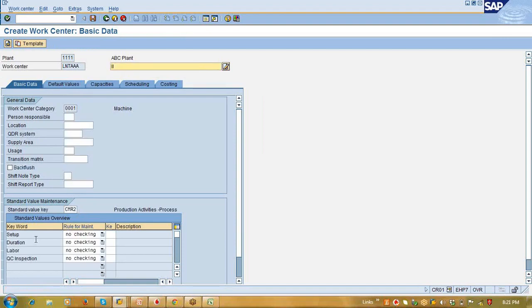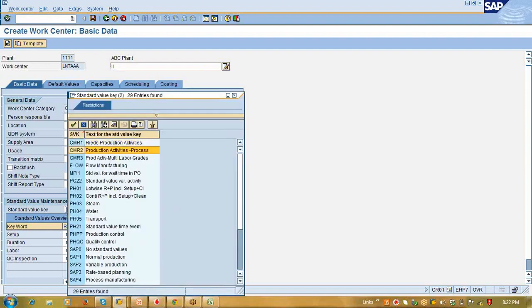So these many key datas I can capture. This key data you can either capture manually, or if you want to use them as a part of product costing, then we need to create one activity type against each key data. So here the normal is like your normal production. In normal production, what we want,